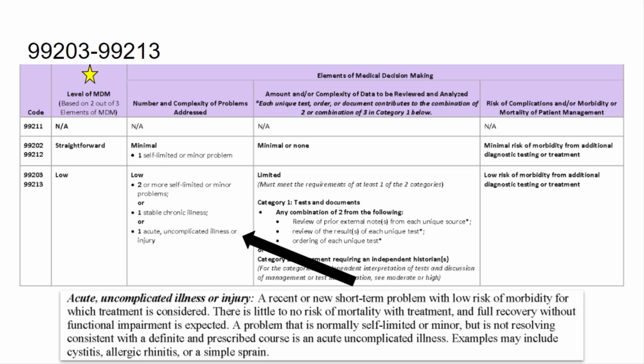And then we go to number and complexity of problems addressed. So if I start here with a low, it's 2 or more self-limited problems. This one's a good one. We're going to be able to use this one. When we get down to the one stable chronic illness or one acute uncomplicated illness, that's when things start to